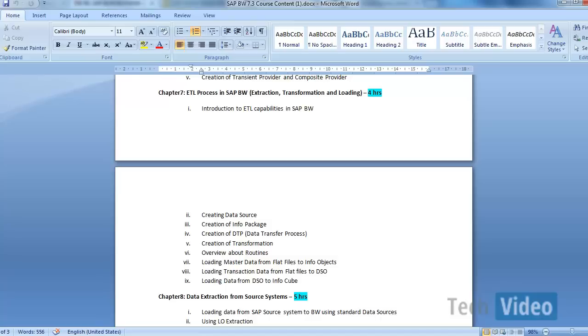So when we say data extraction from different source systems, in this chapter we are not going to talk about flat files as a source system. We'll talk about SAP and non-SAP as source systems. So we'll see how to load data from SAP ECC to BW system using standard extractors. So we have a lot of standard extractors available in BW and ECC. So we are going to see how to activate those standard extractors, and how to load data for those standard extractors from